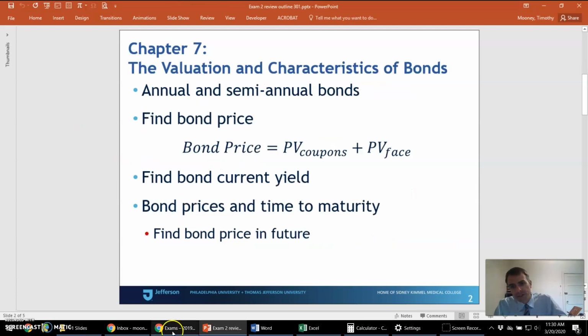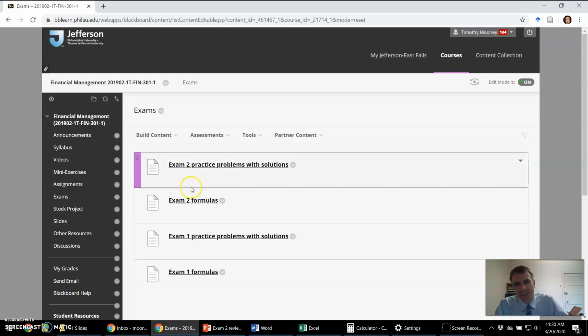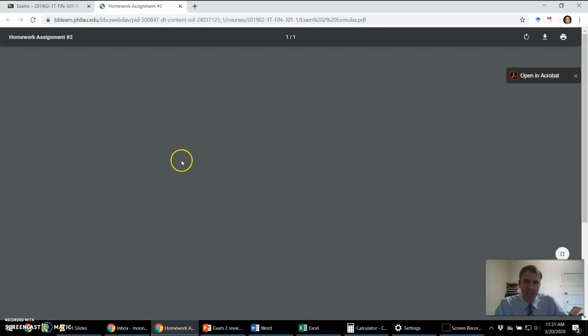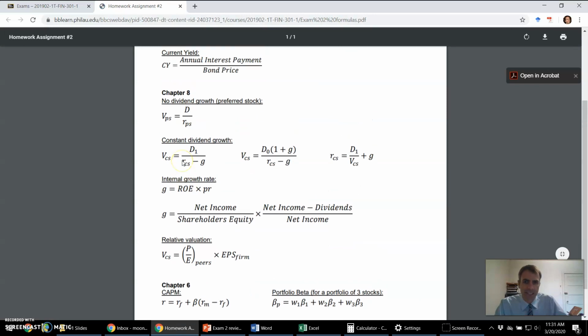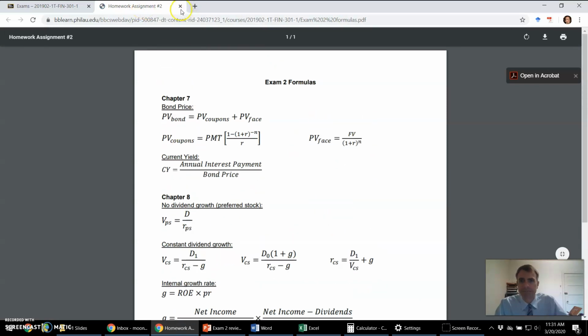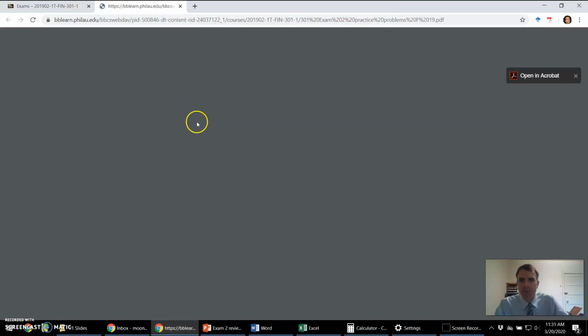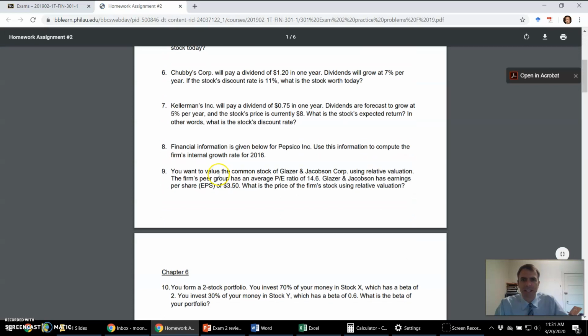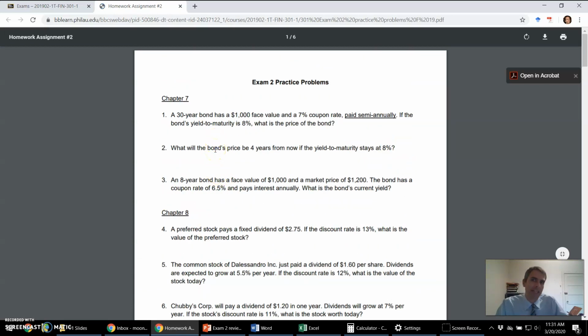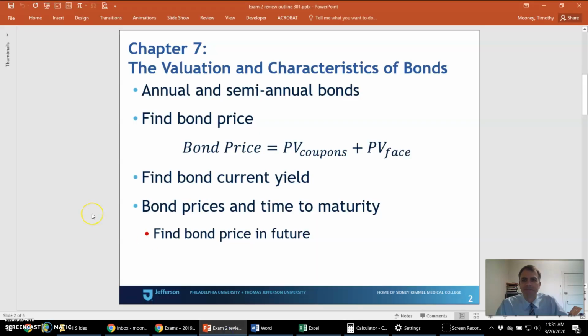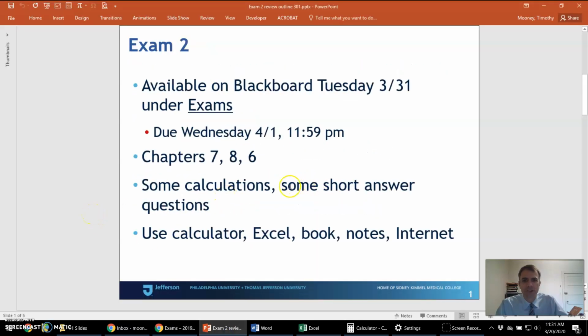All right, so first of all, some review materials, right? I put the formula sheet that'll be included with the exam here so that you can see it now if you want to, under exams. And then also the practice problems with solutions. These are a good way to practice. These will be pretty representative of the kind of quantitative problems you'll see on the exam, right? And then the qualitative questions, the short answer questions, if you've got your notes organized, if you've got access to the textbook, if you've got some resources ready to go,